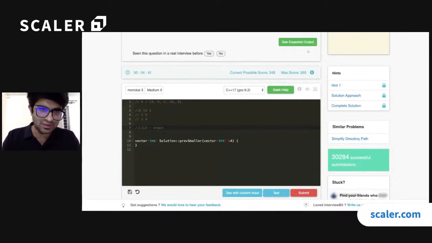I am able to achieve this because I am adding an element to the stack, and when I find an element which is lesser, I check with the elements in the stack, and if I find an element which is greater than that element, I remove it from the stack. So I am adding each element only one time into this stack, and I am also removing it from this stack only one time. That means we have achieved an order of n algorithm.